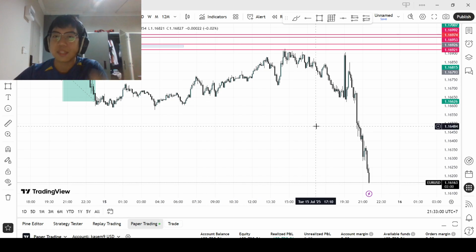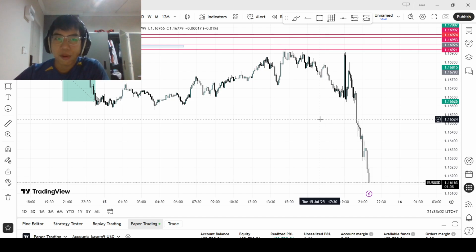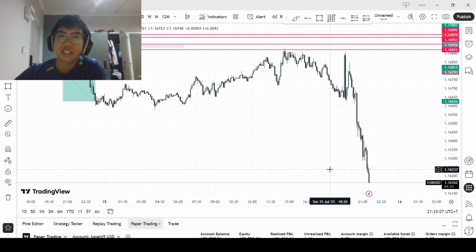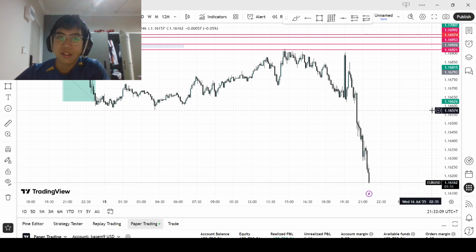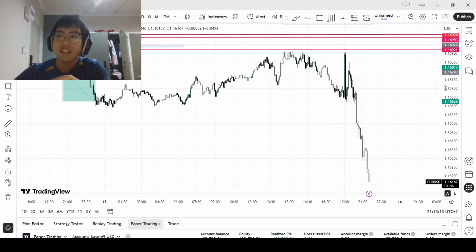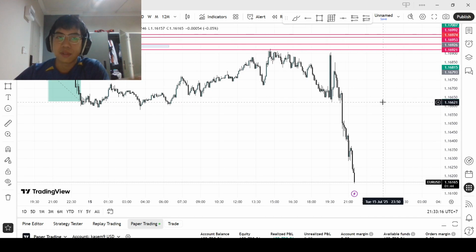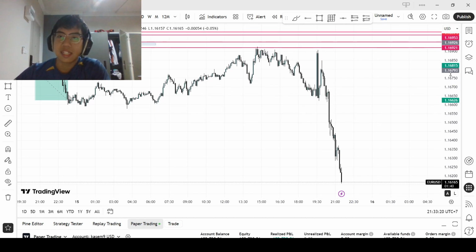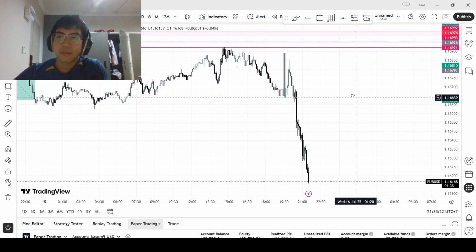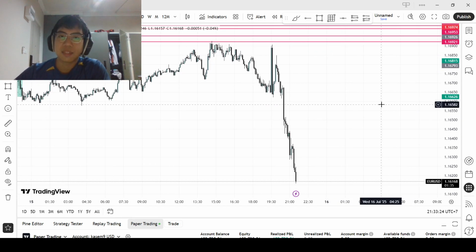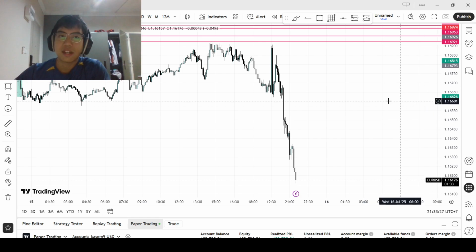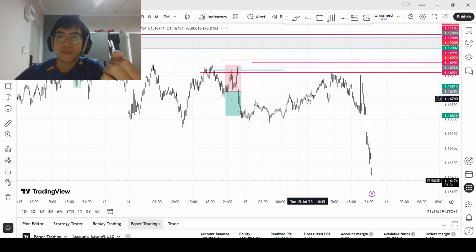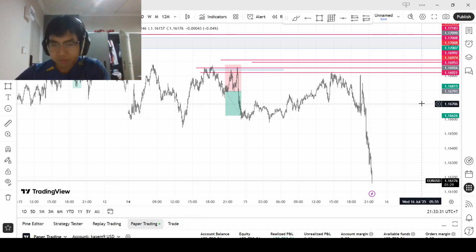Not trading today, CPI. Not trading tomorrow, PPI. Trading maybe Thursday. There's unemployment claims or something. Probably waiting for 30 minutes after that news comes out to trade. And then Friday we have no news, so I'm trading Friday. So I have two trading days left this week. Obviously not trading today because the market's messed up by CPI. But yeah, that's basically it.